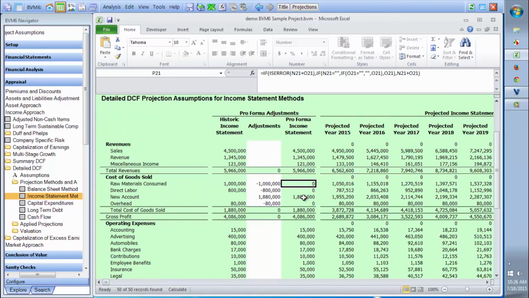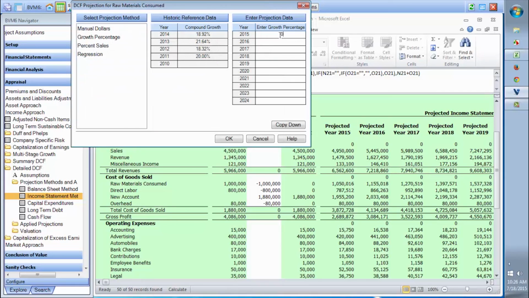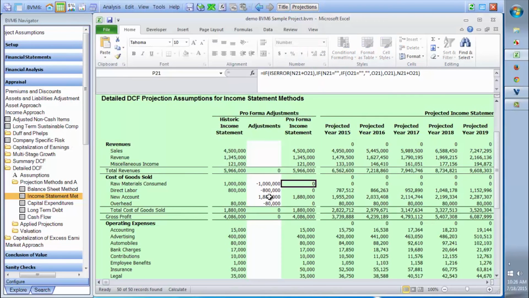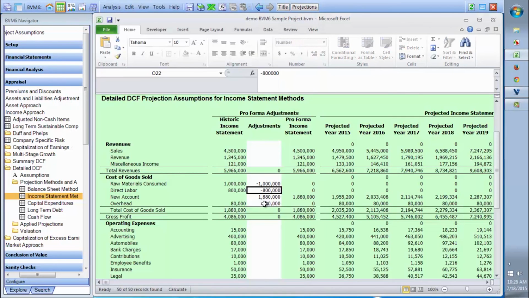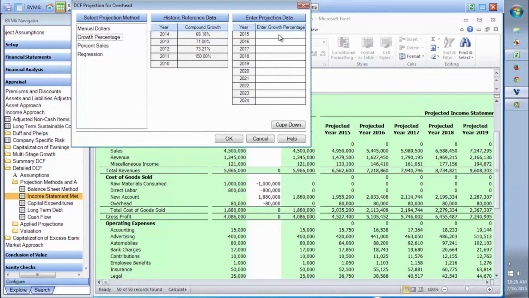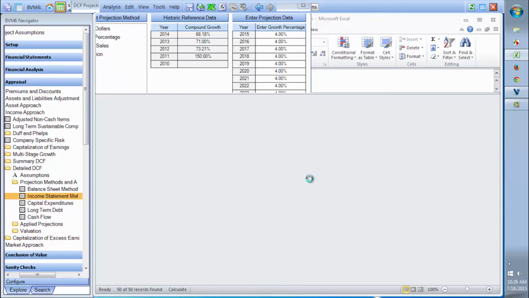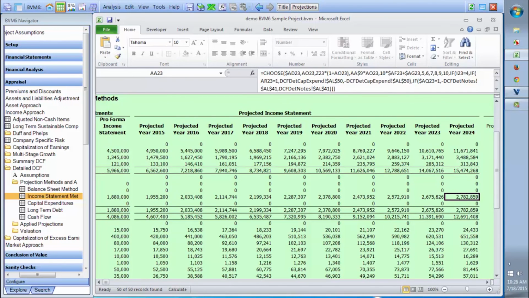So let me come back up here real quick and let me forecast this using a growth percentage. It doesn't matter what it is because it's going to make that a 0. And this one as well. Copy down, press OK, and one more row. And so what I'm doing here is I'm forecasting the cost of goods sold area of my income statement on a row by row, account by account basis, but cost of goods sold is not a driver of this business, and so I'm just going to forecast it into one row here,